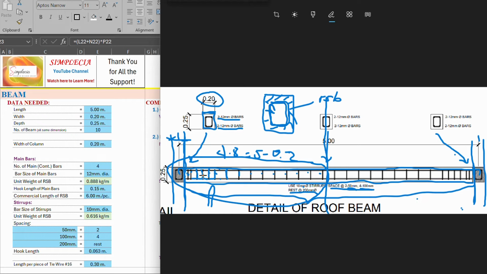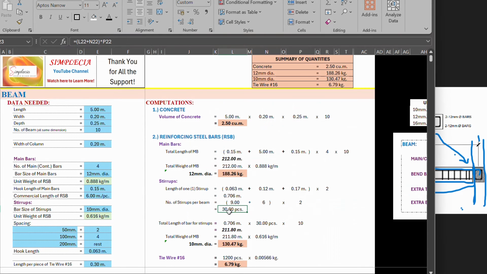So, 9 plus 4 plus 2 is 15. So, 15 sa half ng beam. So, multiply by 2 for this here. So, 30 pieces sa isang beam. So, total length of bar for stirrups. So, lahat-lahat na, gagawin lang natin is equals. So, ito, sa isang stirrups,